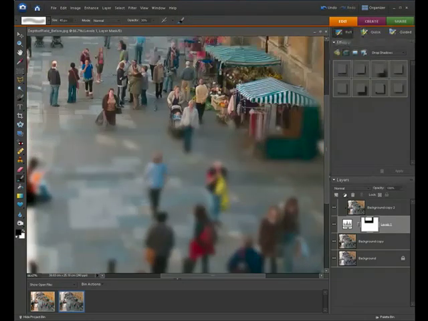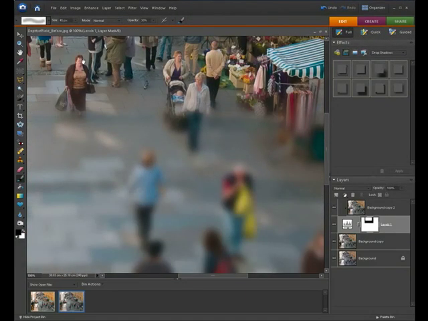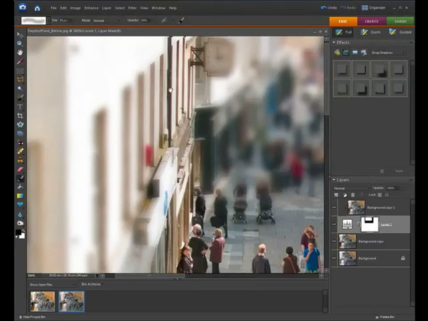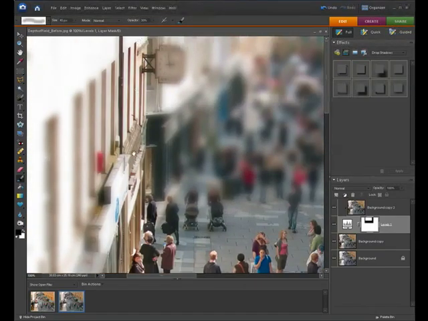Again, just zoom into 100%, hold down space to move around the image, and we can just check the depth of field. So if we take a look here, we can see that this clock is actually out of focus when the depth of field says that it should be in. So what we can do is just very quickly paint over the clock and bring that back into our selection. And then if we just hit X, that'll flip our colour swatches around, and